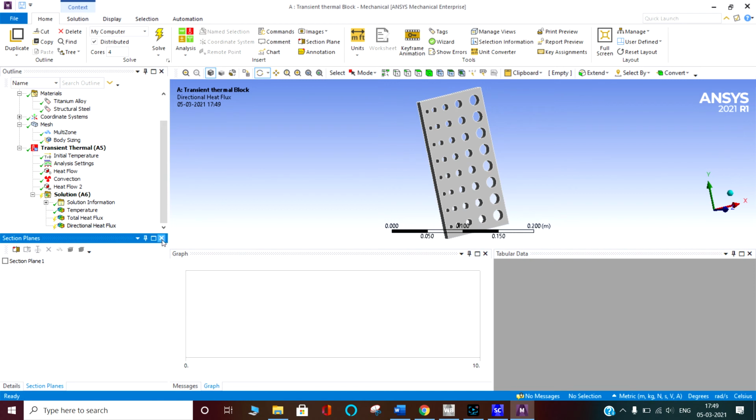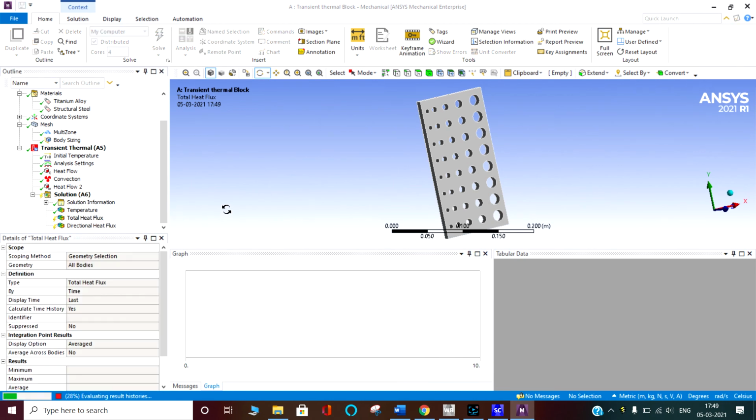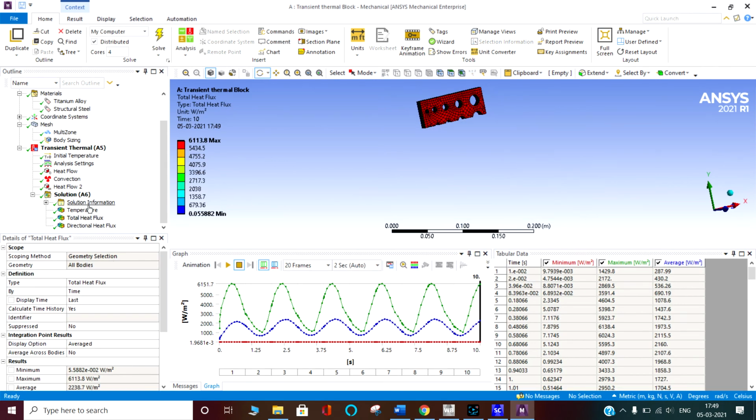I have just selected it and said delete, the new section plane. You can delete it, otherwise it will come again and again. I am going to evaluate the last position.